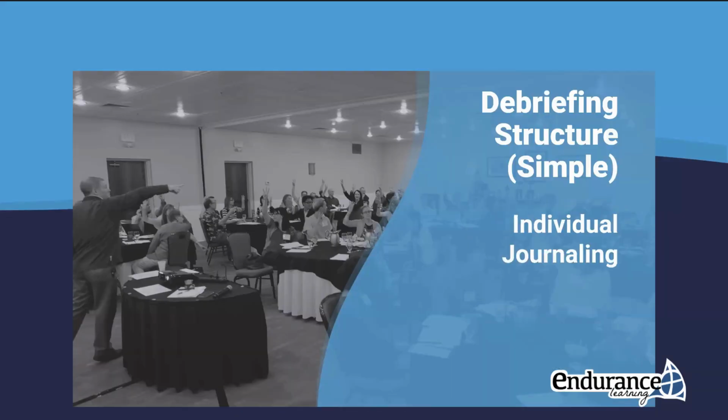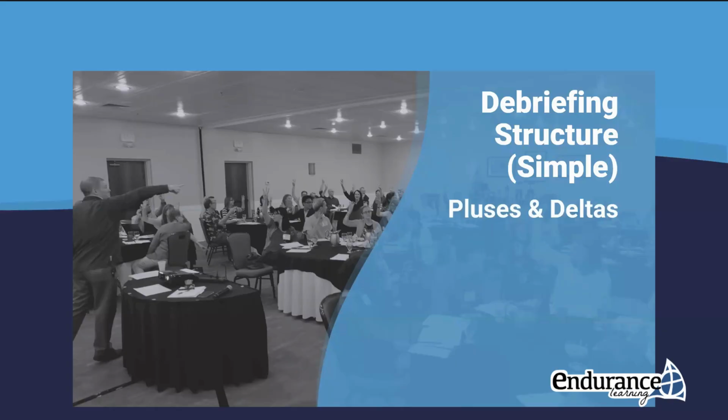Another way to give structure is just individual journaling. This particular strategy has some pros and cons. When it comes to pros, it challenges everyone in the learning experience to think about what they just did. The con is that if you don't have report outs, then people may miss out on key takeaways or thoughts that other people in the room had. So there are definitely some advantages and disadvantages to doing something individual, but it does challenge everybody to come up with their own key takeaways.